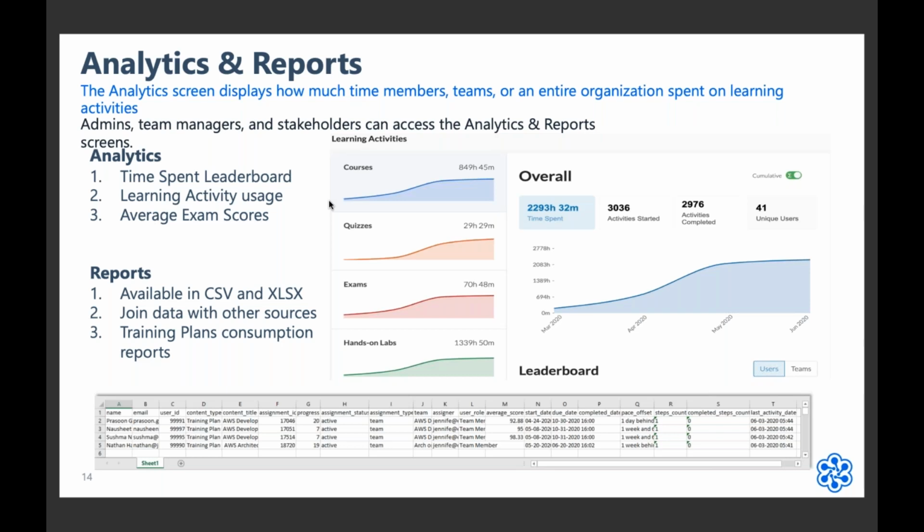So first, with analytics and reports, the analytics screen displays how much time your members, your teams, or the entire organization is spending on learning activities. Admins, team managers, stakeholders, operators can view the analytics and report screen. Now, essentially, you're going to look at the analytics screen as a time spent leaderboard. We're going to be able to break down all the learning activity usage by whether that's a course, quiz, exam,